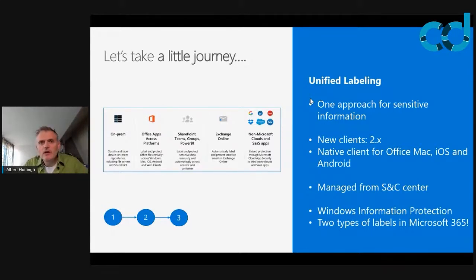It didn't mean that you got a unified client, because the sensitivity labels, or the unified labeling approach, uses a different type of client. That's called the unified labeling client, and that is the 2.x version. Those two are not interoperable, so if you want to migrate, you really need that new client. They also introduced, which was kind of weird, the native client in Office for the Mac, iOS,